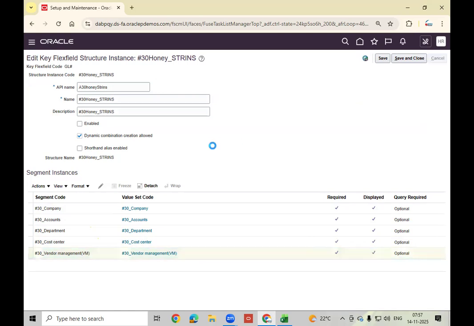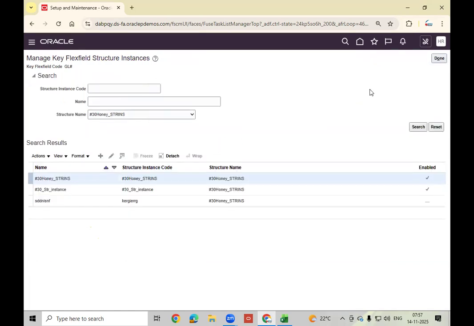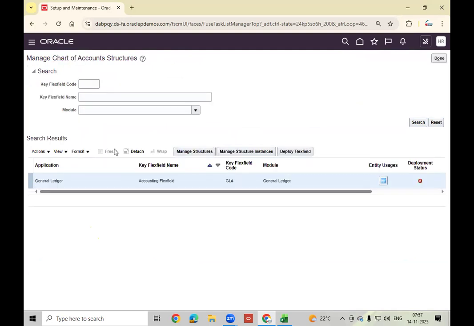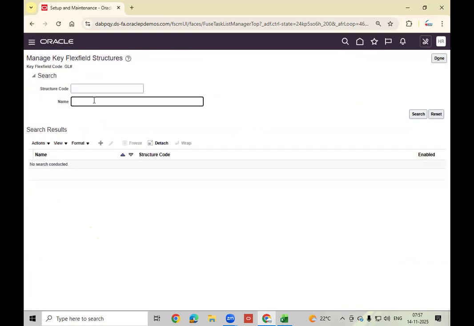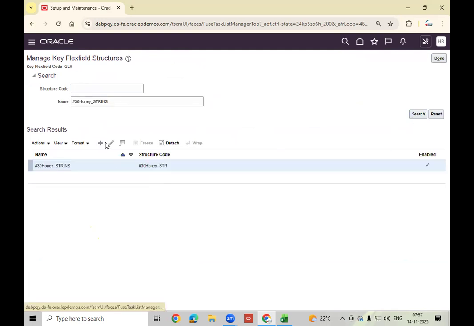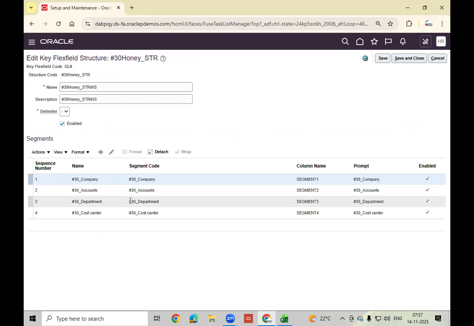So here, in the master structure, the chart of account structure, there are only four available, but the fifth one they defined. How did they define the fifth one?